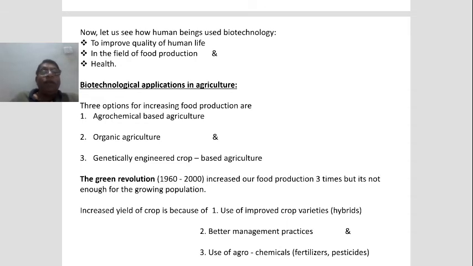In the Green Revolution, what happened? Scientists produce improved crop varieties. Improved crop varieties means,